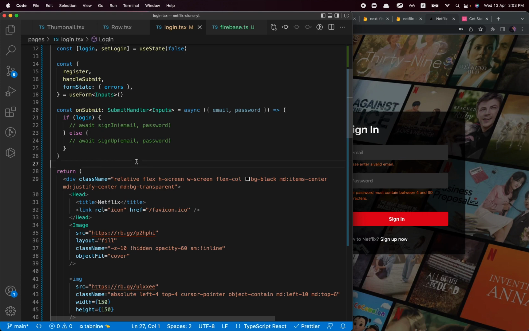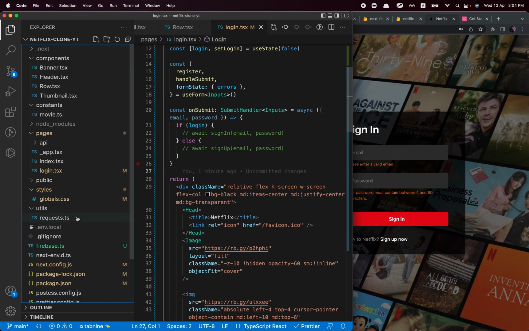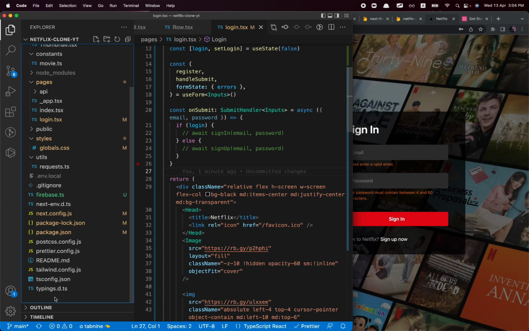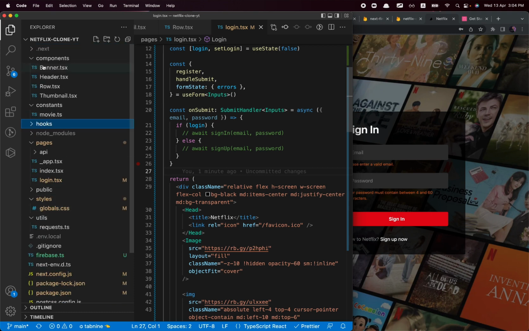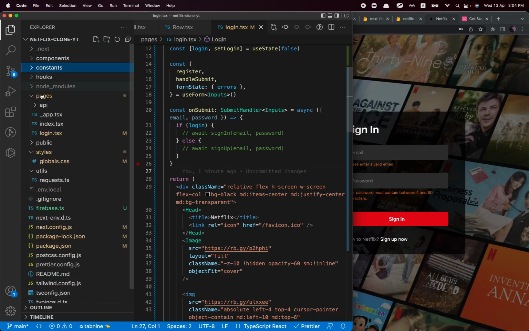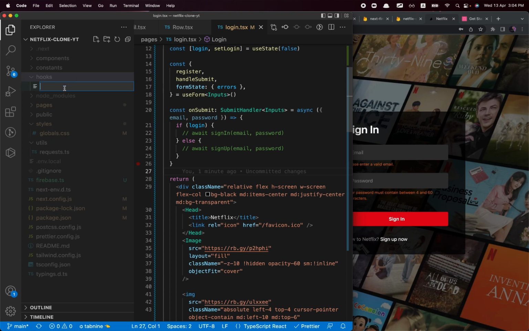So now let's create our first custom hook inside of the application. It's going to be the most powerful hook in this build, and we're going to be having 3 custom hooks, by the way, which I'm going to be showing. So I'm going to create a new folder just for good folder structure. So we have components, constants, pages, styles, utils. Now we have hooks, right? Now inside of our hooks, I'm going to be creating useAuth